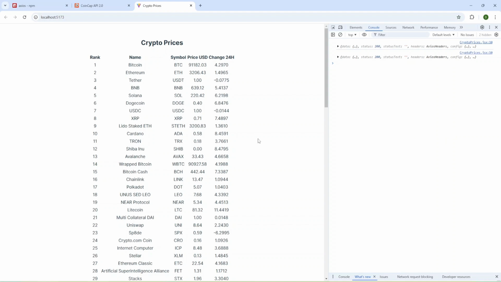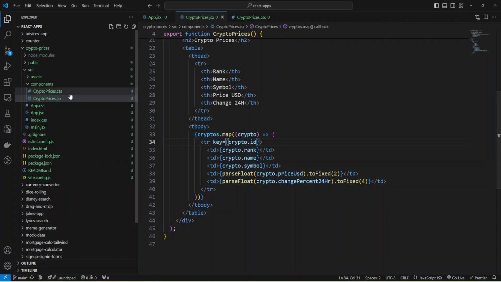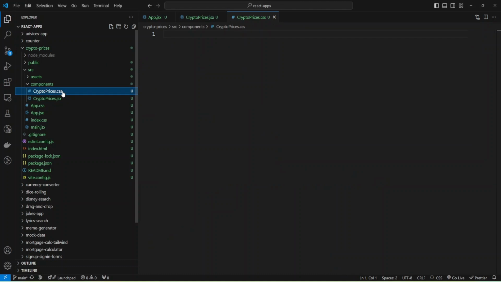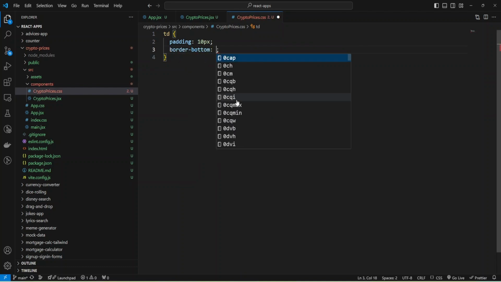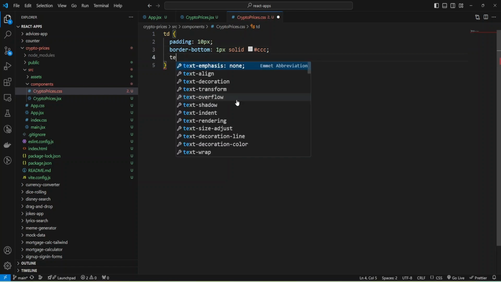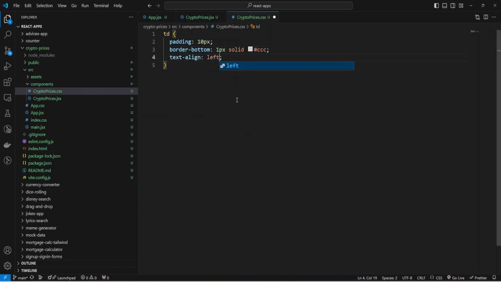And let's add some styles. I'll add some very basic styles, and for data, I'm going to add padding 10 pixels, and also add border bottom 1 pixel, solid, and apply some gray color, and also we can add text align left.